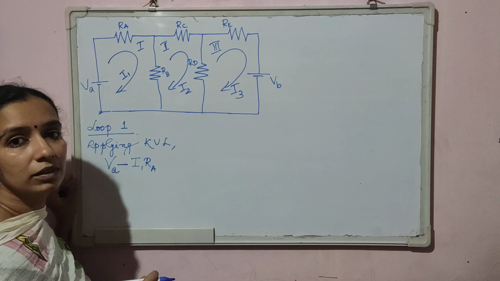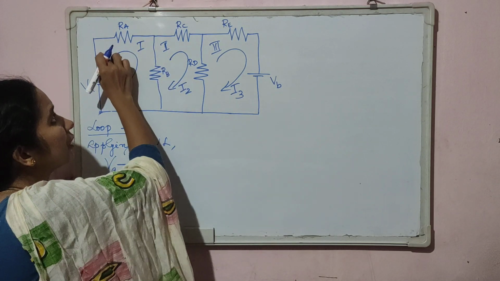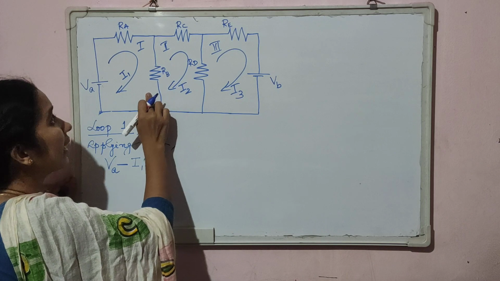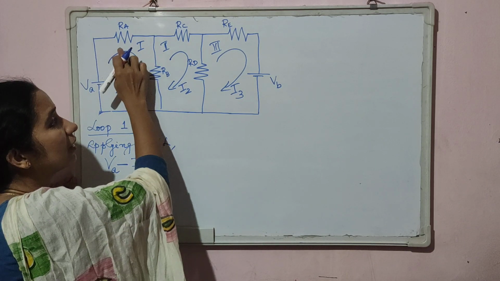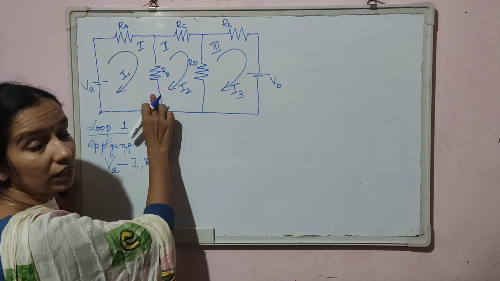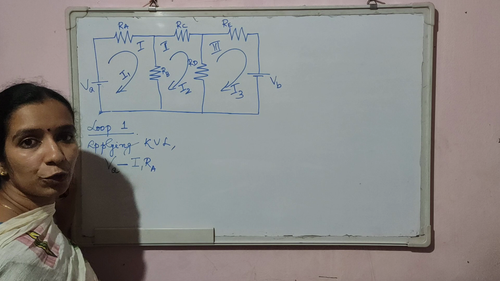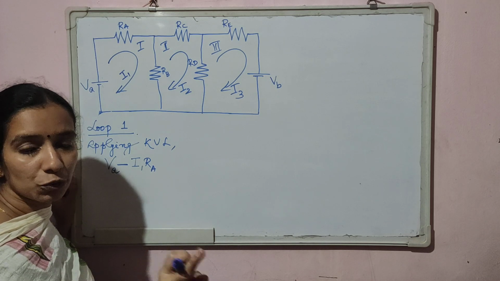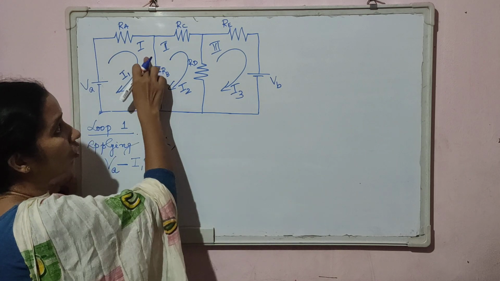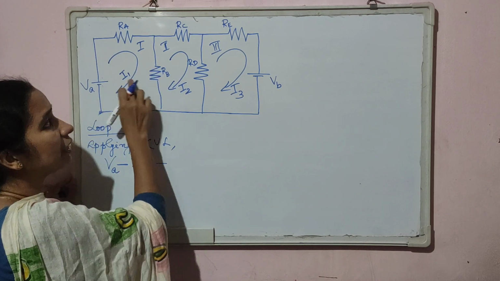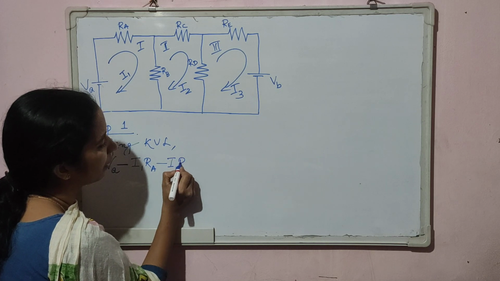Okay. Now the second component is RB. So I am tracing in this direction, and I1 is also flowing in the same direction. So when the direction in which we are moving and the direction of current flow are the same, there is a potential drop, and that voltage should be marked as negative. So minus voltage drop across RB is I1 into RB. So minus I1 into RB.